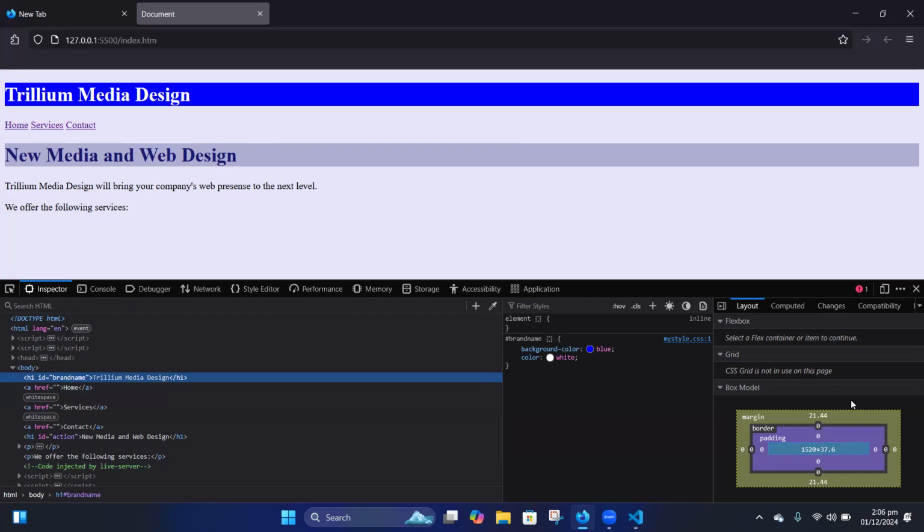So is this making some sense for you? So if we know that everything is a box, now we can manipulate a lot of things. We can do a lot of styling. If I say